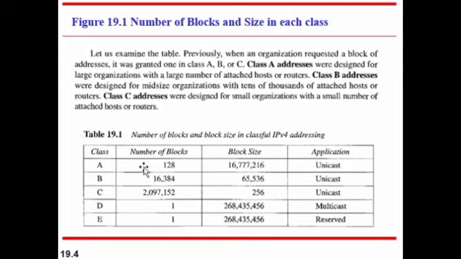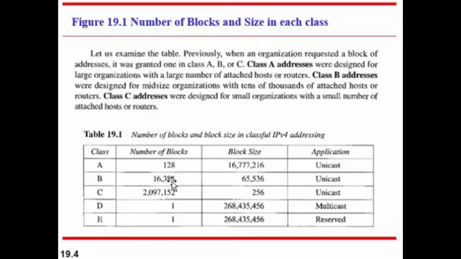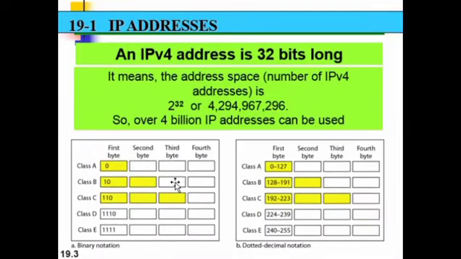Again, here in class B you can see that we have 2 bits reserved and 2 bytes representing the net IDs. So these are 8 plus 8 bits, minus the 2 reserved, 8 plus 6, that is 14, so 2 raised to power 14 gives us the answer 16,384. Now, in order to calculate the block size, we have 2 bytes representing the host IDs, so 2 raised to power 16 gives us the answer